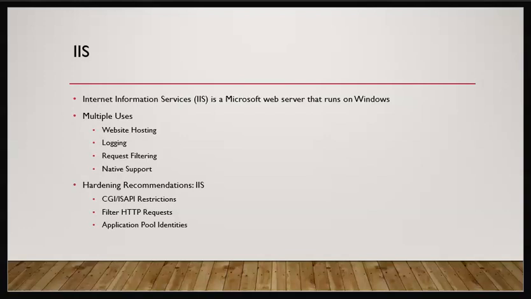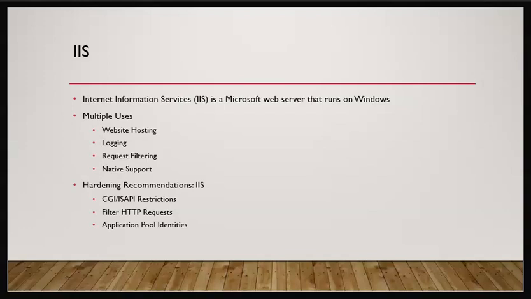The request filtering portion is a module within IIS that can be configured to filter traffic by specified file extensions or URL length and string size. So these scans can actually filter potentially dangerous requests out. And the last one is native support. So this will support Microsoft .NET framework and in turn will improve the ability for developers to construct, deploy, and manage ASP.NET web applications. So a couple hardening recommendations I found for IIS is